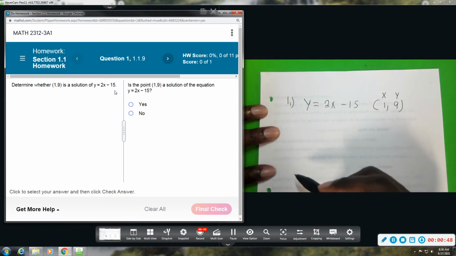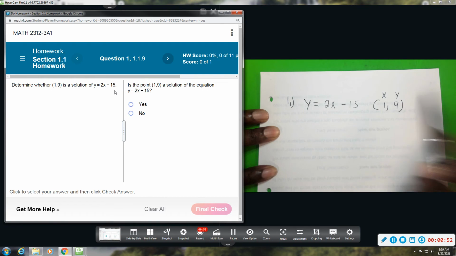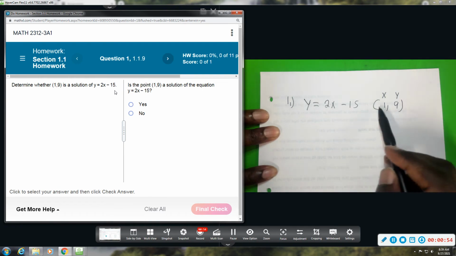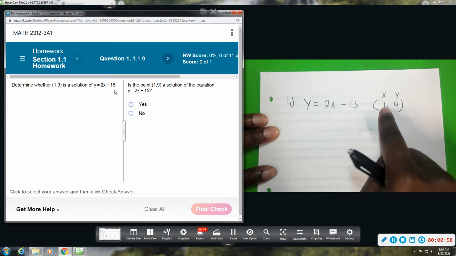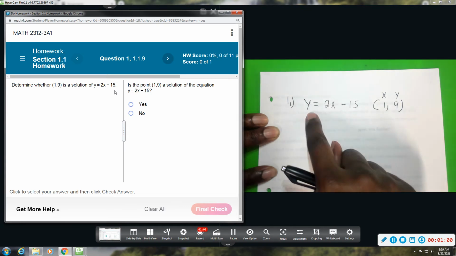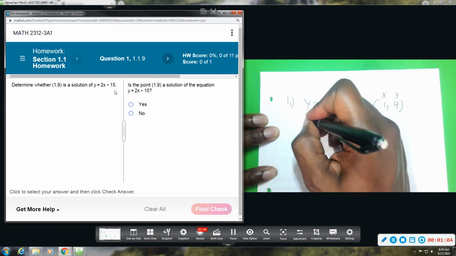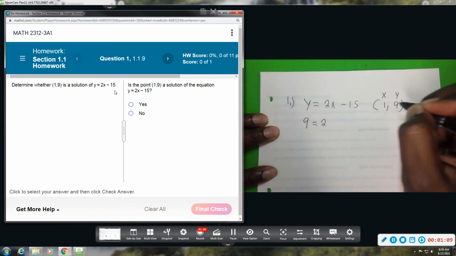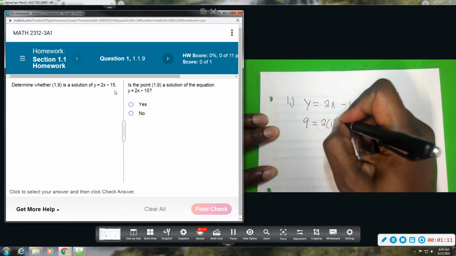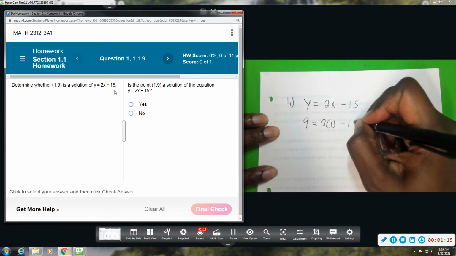If you think alphabetical order, most things go in alphabetical order, and x comes before y in the alphabet. So that will help you remember the order. From there, we will plug in 1 for x, 9 for y, solve it, and see if those two sides come out equal. So y equals 9, so I'm going to replace this with a 9. x equals 1,